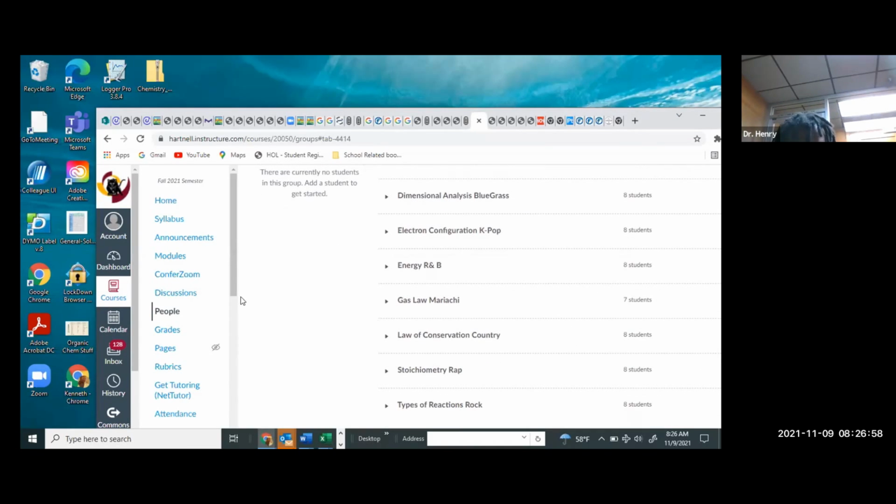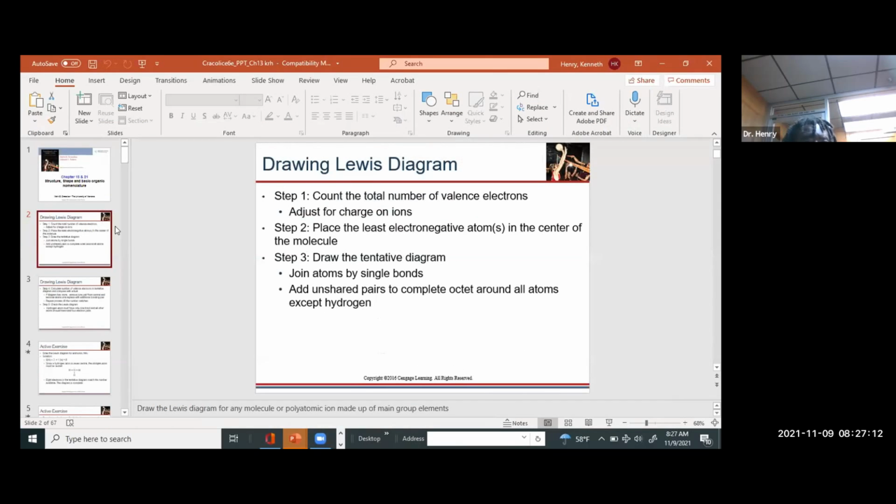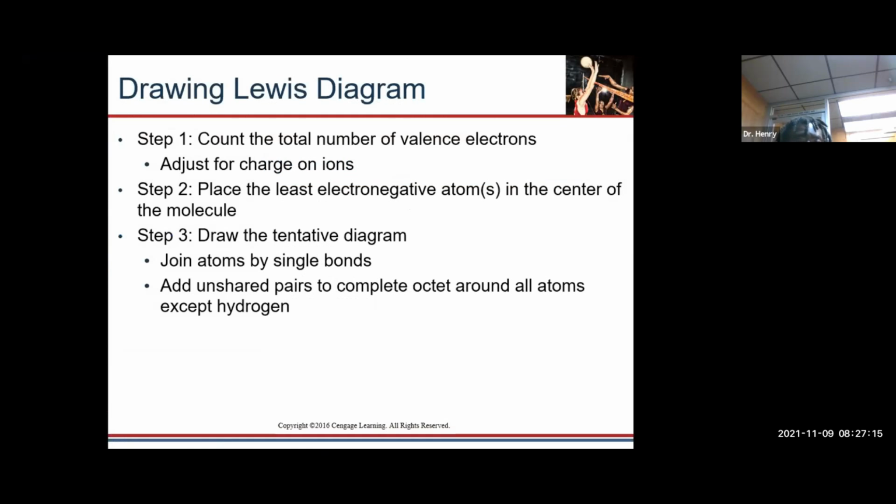Share my screen. Okay, so we're going to start with Lewis dot structures. Okay, so the thing about Lewis dot structures, the first thing that we always want to do is count the number of valence electrons. Okay, and if it's an ion, we want to adjust for an ion. So let's say, for instance,